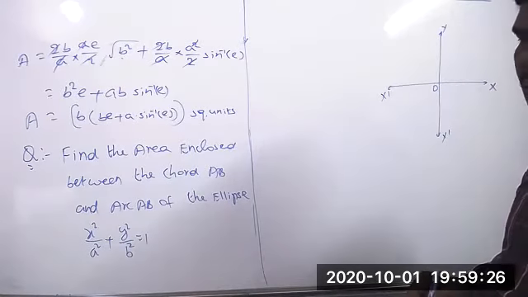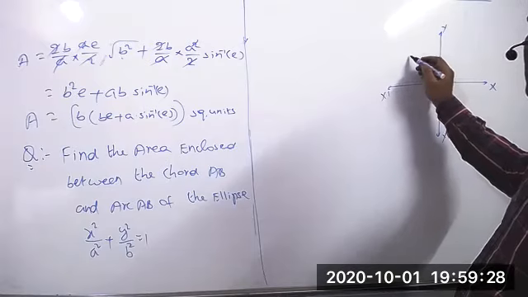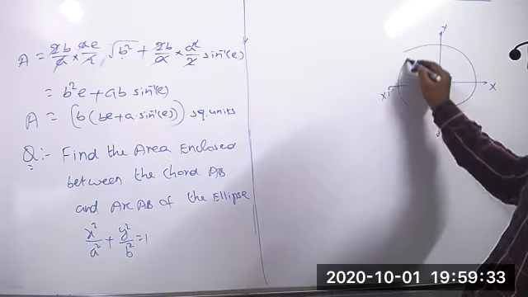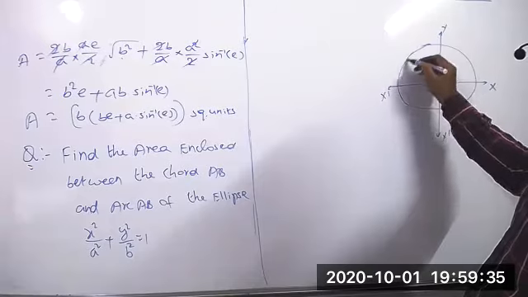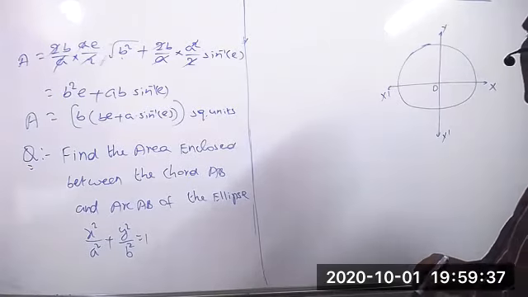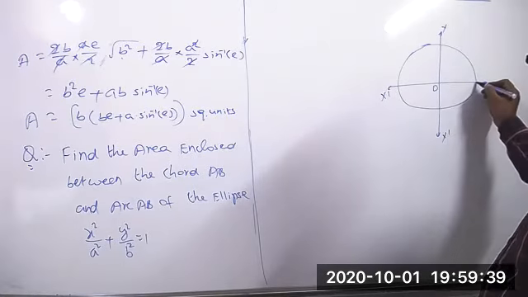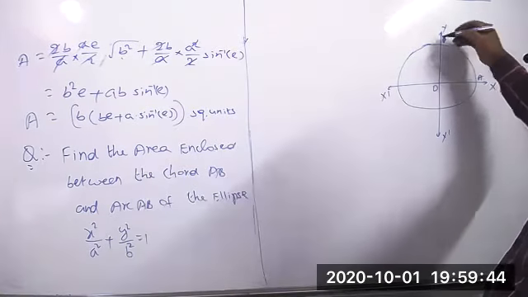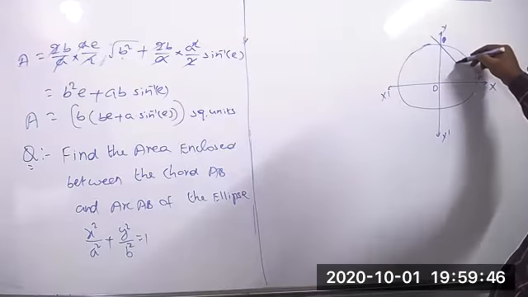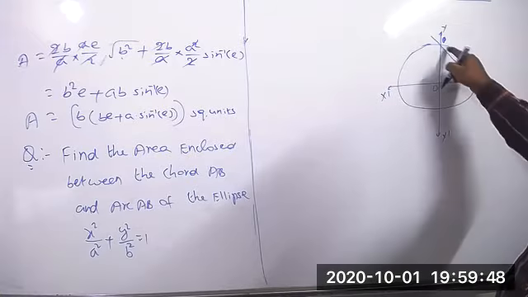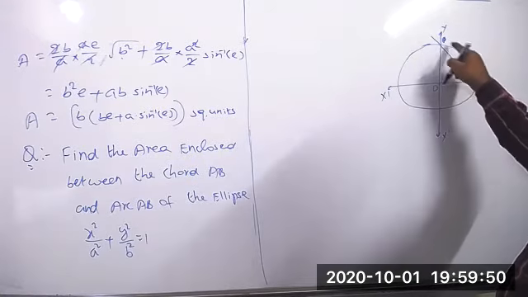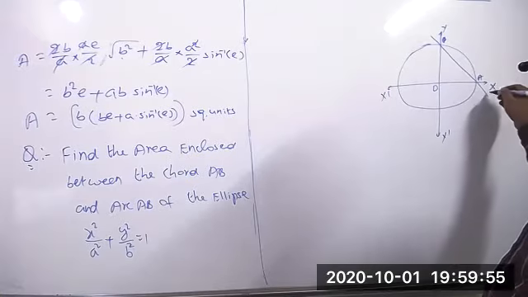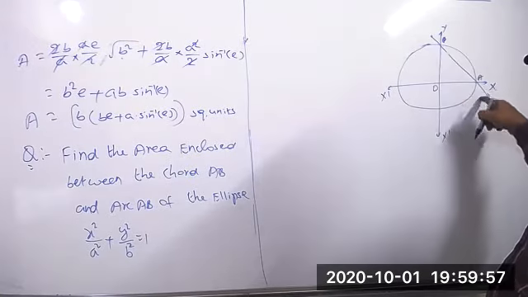Correct. So here also you can take this ellipse clearly. Suppose you take this point A and this point B. What do you call this one? Chord, because these are two points on the curve. Yes, a line segment joining two points is called a chord. This is the chord now.